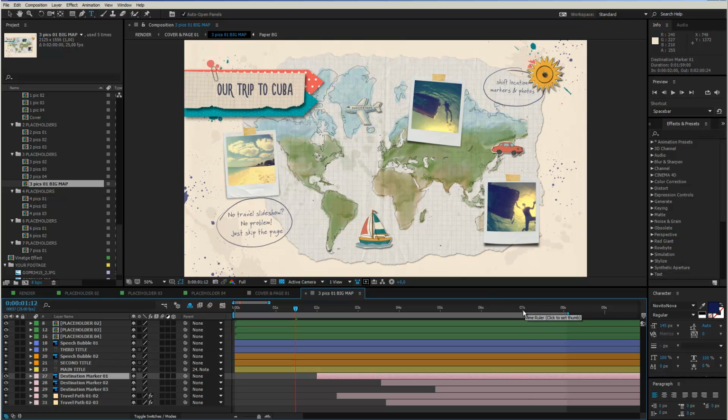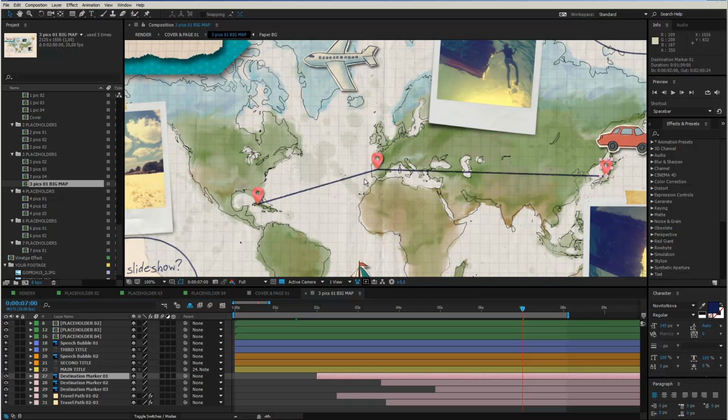So let's move our time cursor to around 7 seconds. Now everything is revealed here. And if I zoom in, you see that I have these markers and I have this stroke that is kind of connecting them. So if I want to change my travel location now,